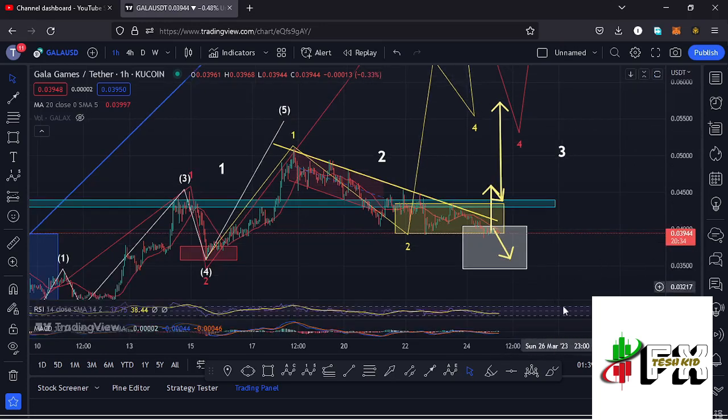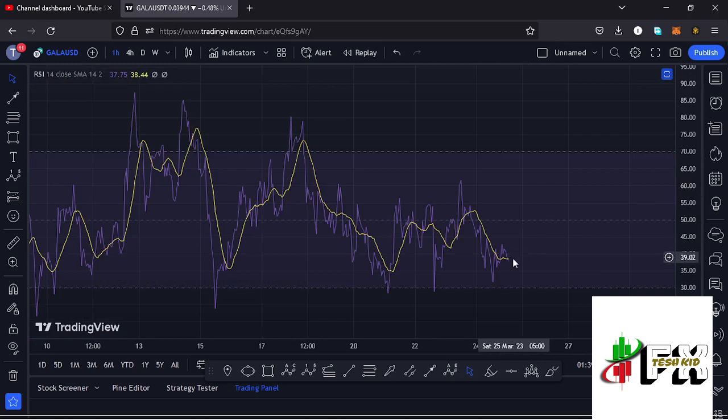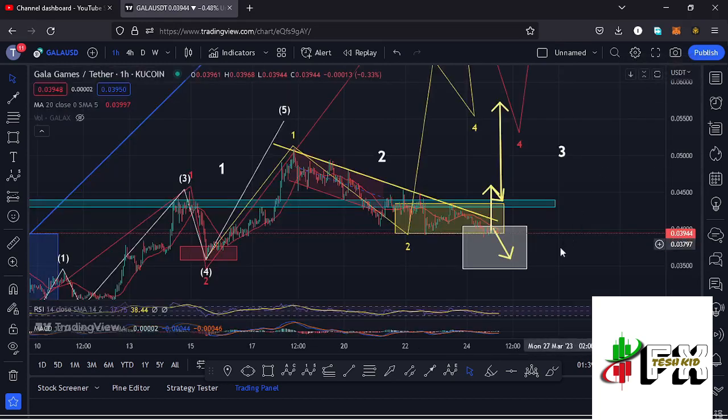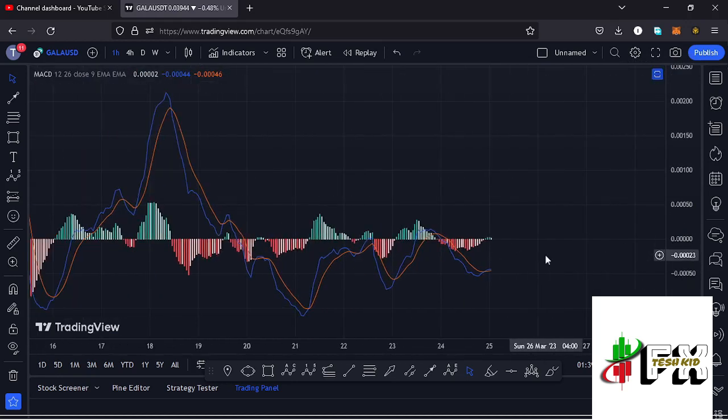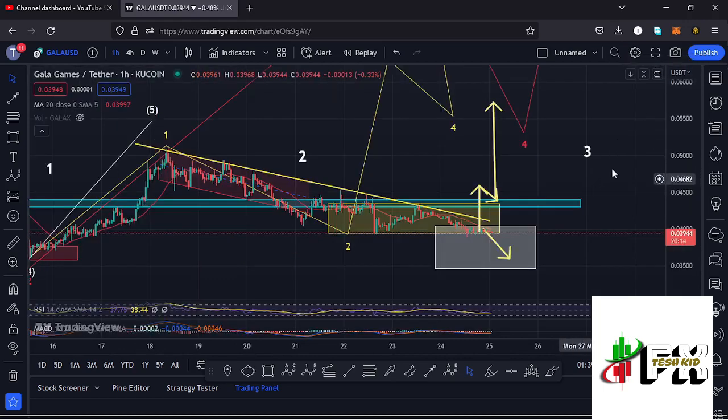And also taking a look at the indicators on the RSI, we are trading at around the 38 mark, meaning we have massive room for us to fully support higher prices in case the reversal happens, but in case the breakdown continues, that movement to still be supported. Also taking a look at the MACD, we have been able to print a bullish cross, though we are seeing a bit of a bearish movement on the charts. So let's be patient and see how that plays out, and I'll be keeping you updated.